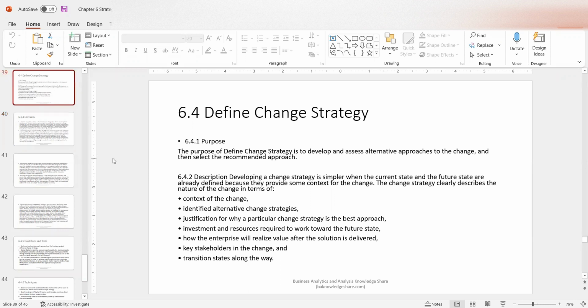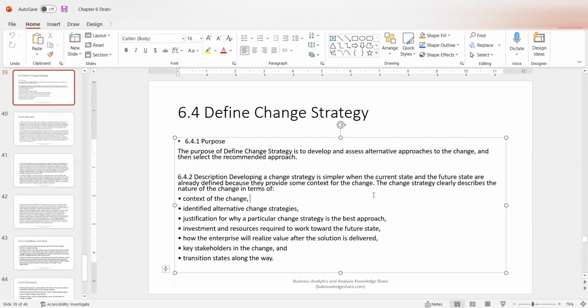So in the last few episodes, we spoke about assessing risks. In this case, we're going to define the change strategy. The purpose behind defining change strategy is to develop and assess alternative approaches to the change and then select the recommended approach. So in terms of the change strategy, it clearly describes the nature of the change in terms of